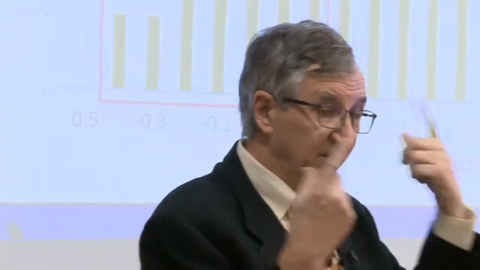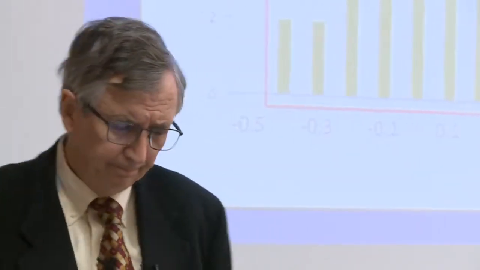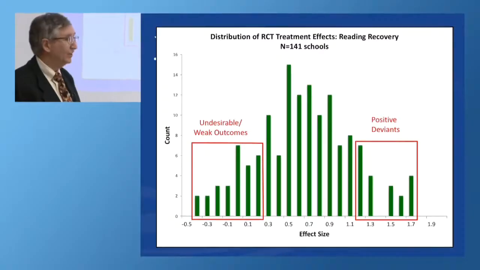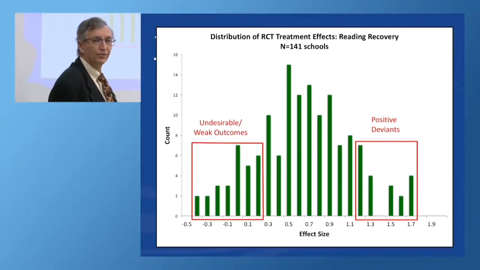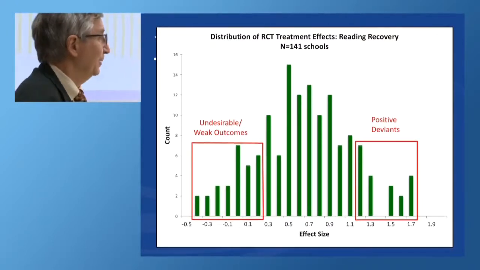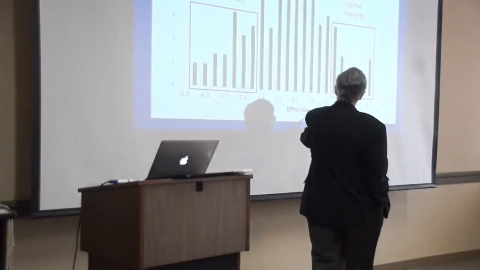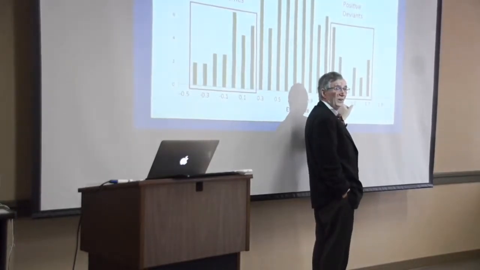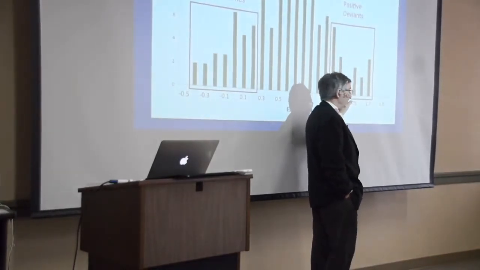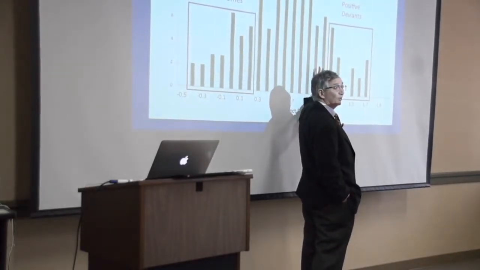So there are lots of possible explanations. And this thinking about variation in performance says, well, we got it. Now we have to understand what seems to be driving these less than positive outcomes. And interestingly, the same is true at the other end. There are some places that seem to be getting almost double the effect sizes, what in the literature now people would refer to as positive deviance. There's somewhere out here, there's probably something really good going on. Well, what is it? What could we learn from this that might over time not only help us maybe solve some of this, but shift this whole distribution further to the right?